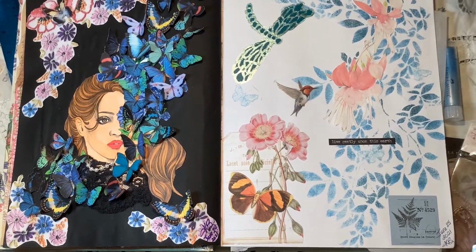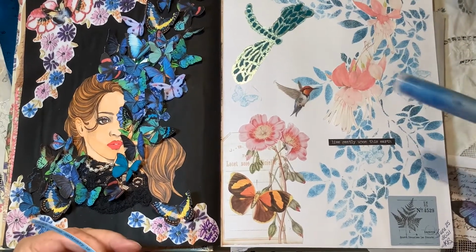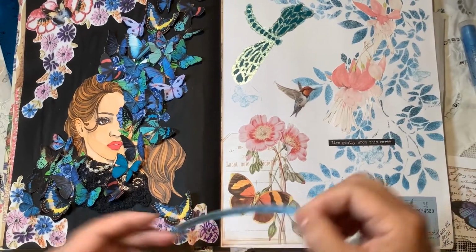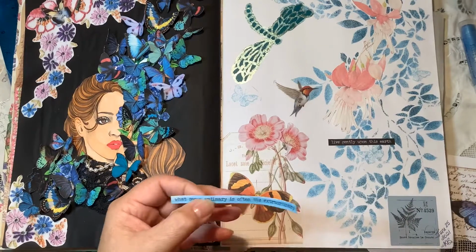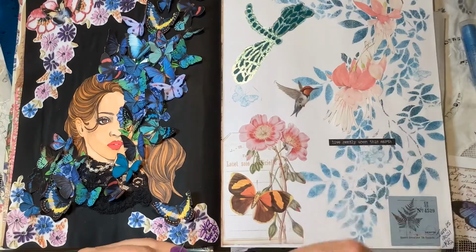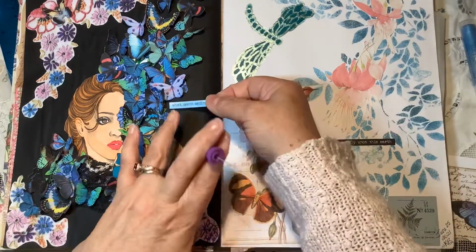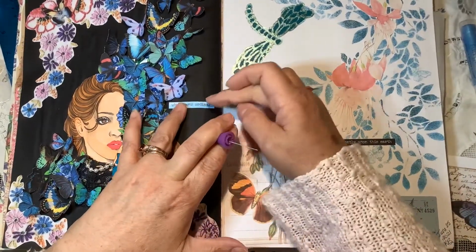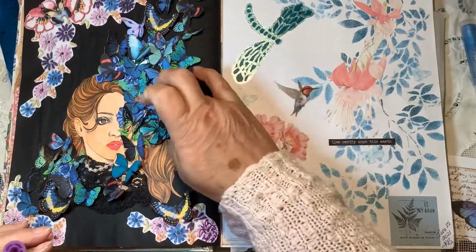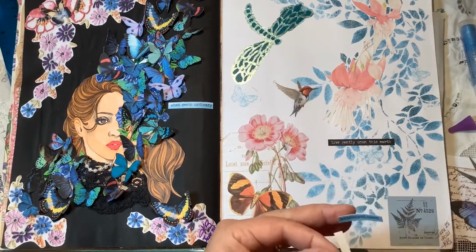And then for this particular sentiment, I cut it into pieces in order to put it on the page. And there's the gelato that I was using. I think it's a metallic gelato. And I like using them. I've used them in some other projects as well to add color. And they're quite nice to work with. And the sentiment, I just again add it with the glue,